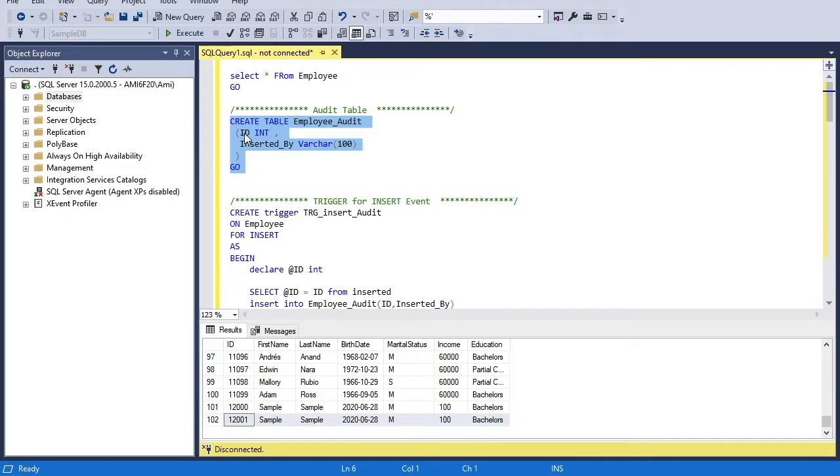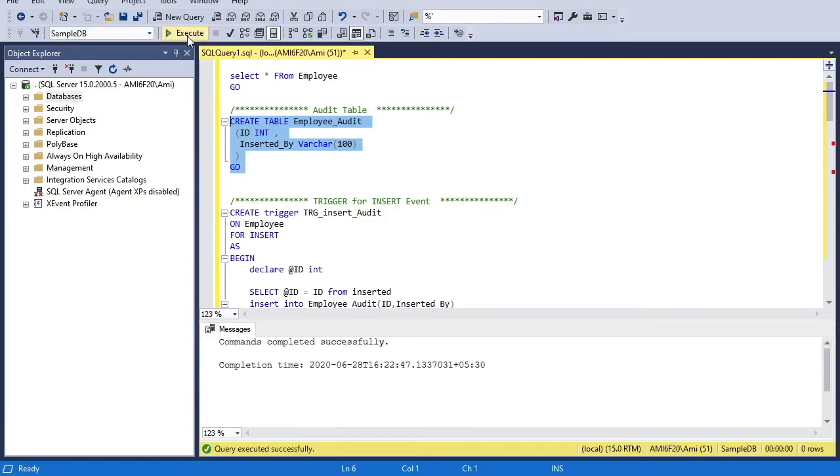This is a very simple table named employee audit, and it has an ID column which will be fed from this table. Any new ID inserted into the employee table will be tracked here in the employee audit table, and the inserted by column will record who inserted that record. So we'll create this table, employee underscore audit, and the table is created.